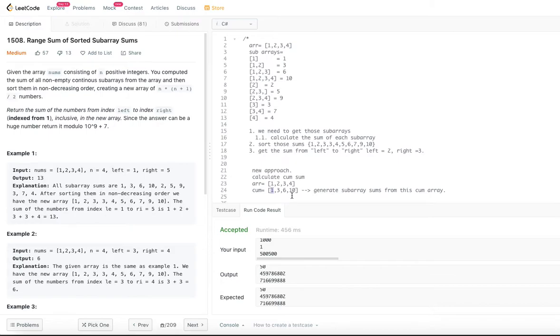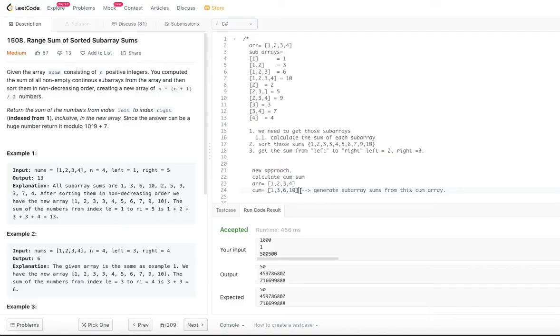So that is the technique that we are going to use. For 3, 4, what is the sum? It is 7. How are we going to get it? We need to remove the sum until this from here. Until this the sum is 10, but until this the sum is 3. 10 minus 3 is 7. 3 plus 4 is 7.